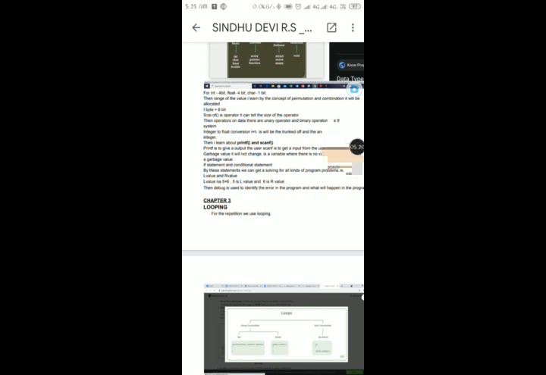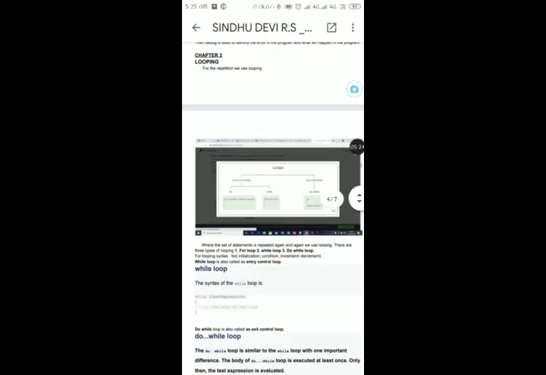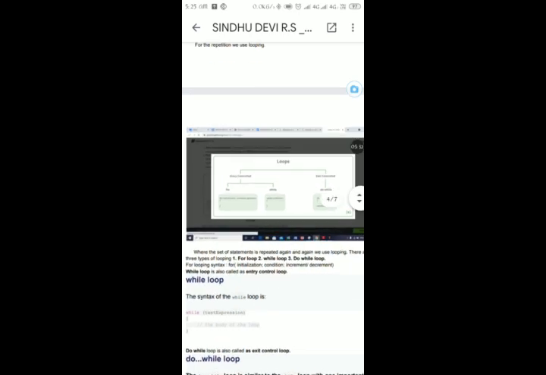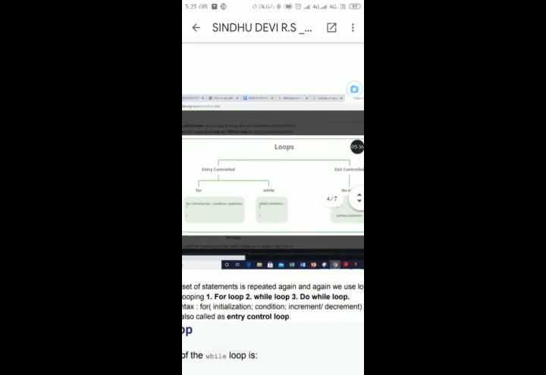Looping concept in C. Looping is classified into for loop, while loop and do while loop. For loop has a syntax of initializing the value, condition, and increment or decrement. While loop checks the condition. If the condition is true, it will execute the statement, otherwise it skips out of the loop.